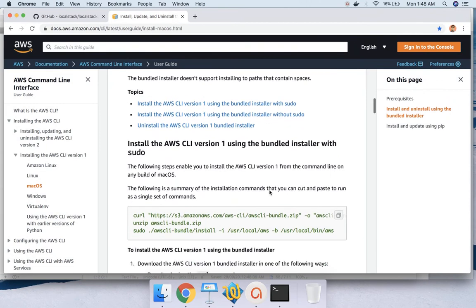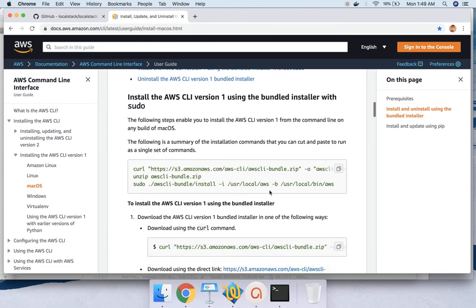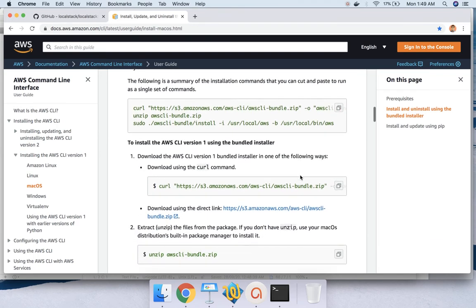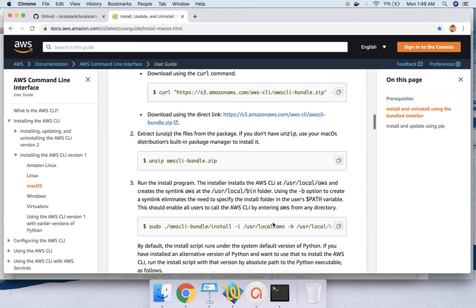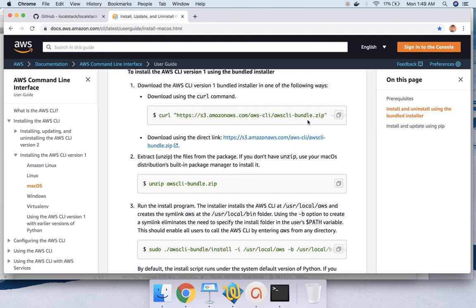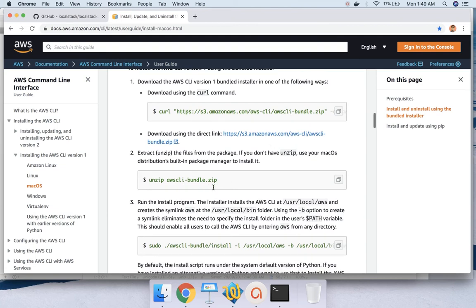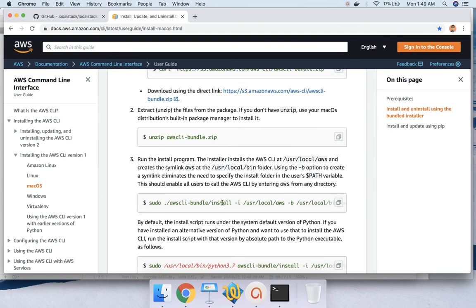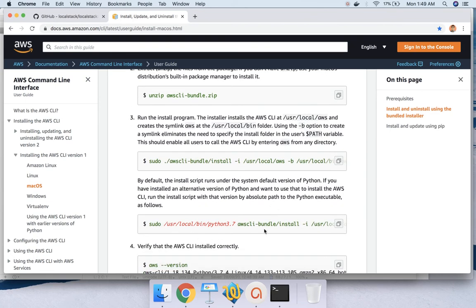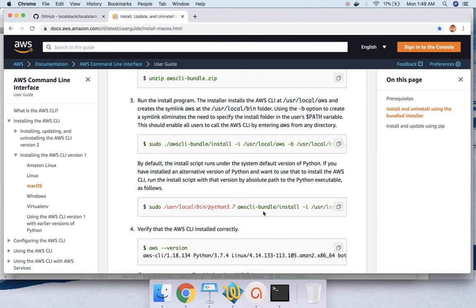You can go to this site, and say for example I wanted the Mac system, macOS. You have it for Linux also, and if you see the left navigation bar, you have Amazon Linux, Windows, etc. I can copy this entire command and run it in one go, or you can execute these commands separately. First it will download the AWS CLI bundle zip, then unzip it, and the third command installs it. The fourth one is optional. If you are using some other version of Python 3.x and want to associate it with that executable, then you can use this. Otherwise, you can skip this.